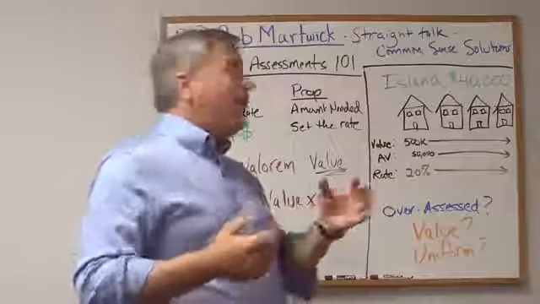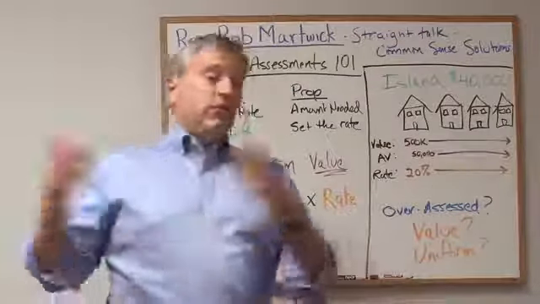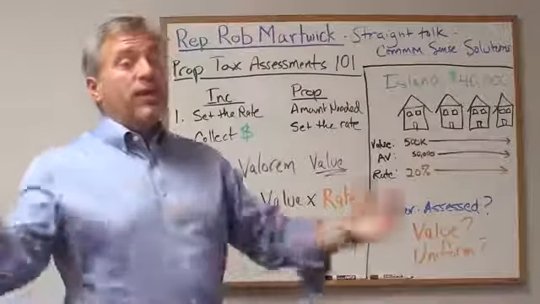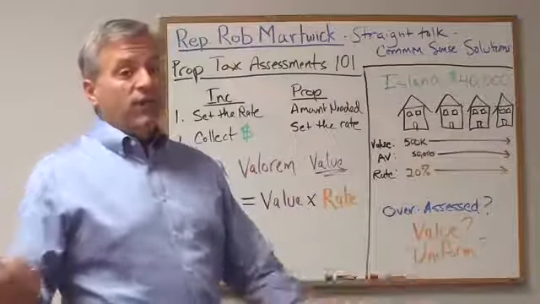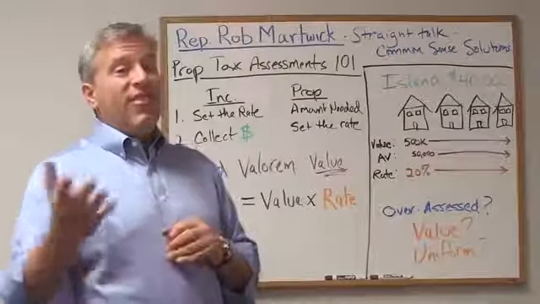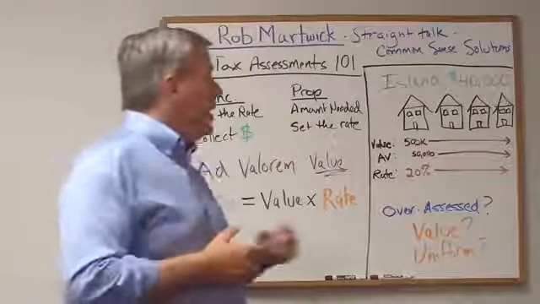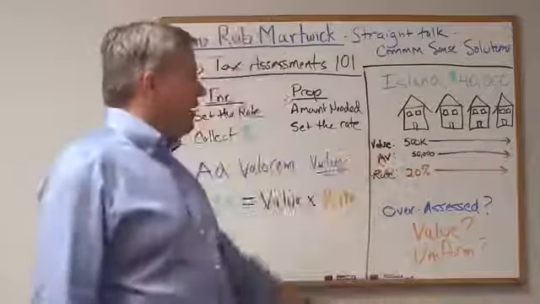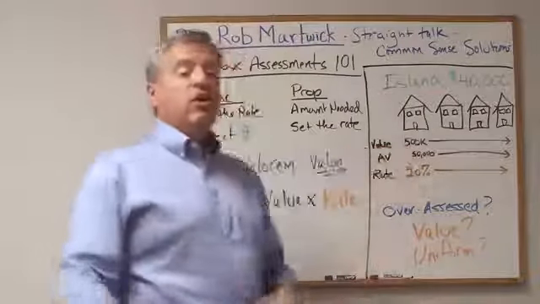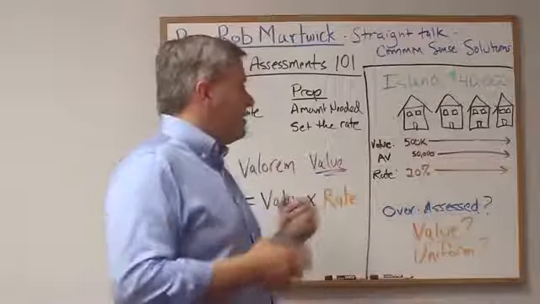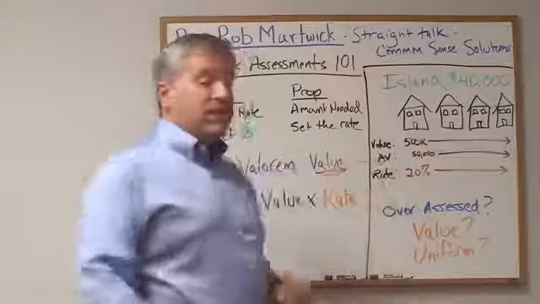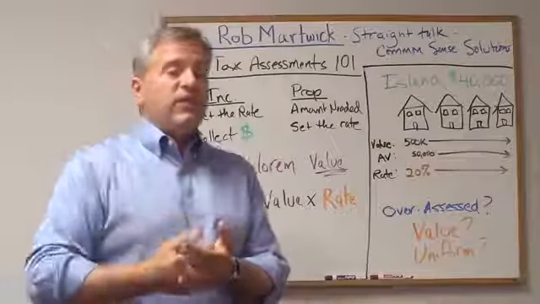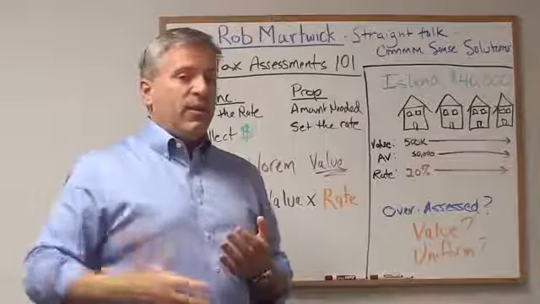Well, I don't even have to go through the rest of this for you to understand that if you have 4 identical homes and you're spreading the bill out over $40,000, everybody's going to pay $10,000, okay? And that's true. But let's say, for sake of argument, that the assessor has valued the property on our island. All of our homes are worth $500,000, which gives us an assessed value, and you can see this on your property tax assessment notice. Your assessed value is 10% of your fair market value.